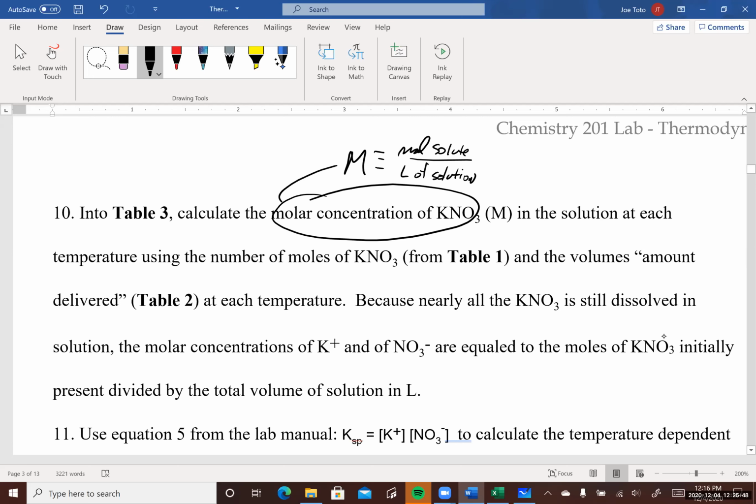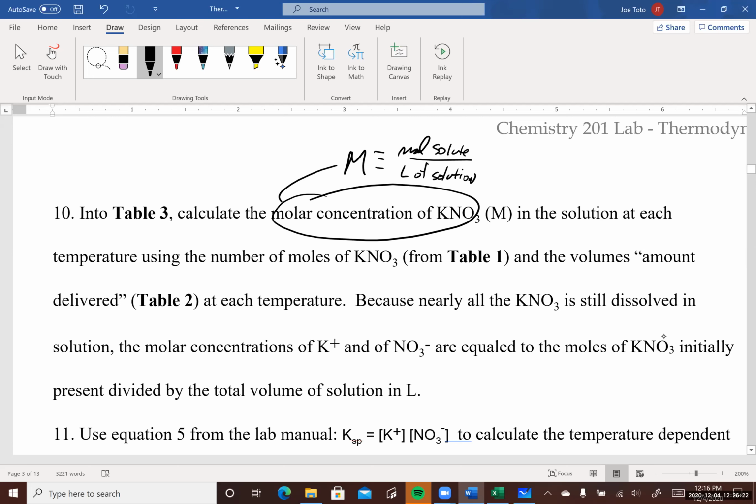And now this shows the functional form of how the equilibrium constant KSP varies with temperature. So this ln of KSP is like the dependent variable, or y, and the 1 over T is the independent variable, or the x. So when you make this plot, you're going to get